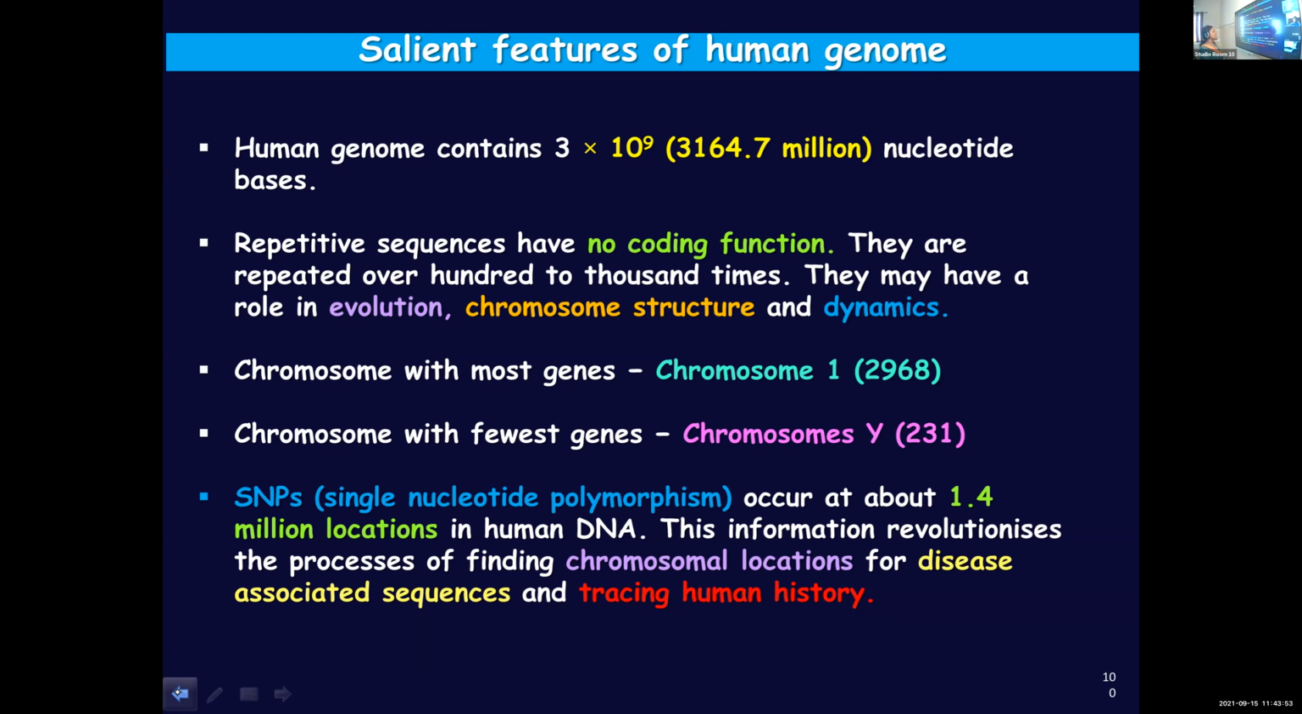SNP, or single nucleotide polymorphism, is pronounced as SNPs. SNPs occur at about 1.4 million locations in human DNA. Single nucleotide polymorphism means that in a particular sequence,